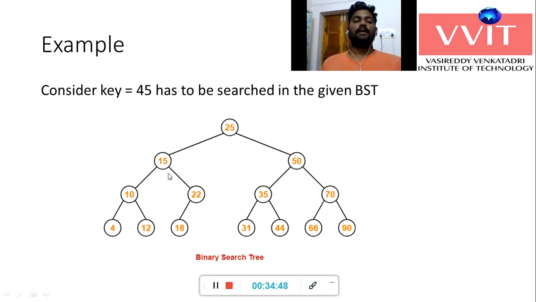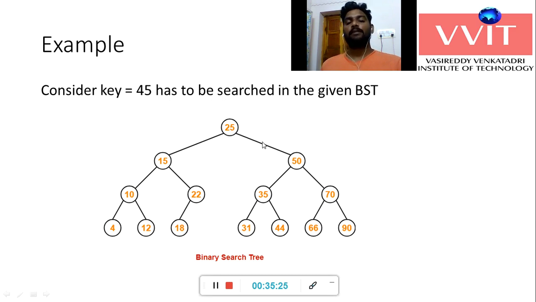For example, let us consider the given binary search tree, and we search for the key value 45. First the given 45 is read into one variable called the key variable. That given key value is compared to the root node, to check whether both are equal or not. If both are equal, we simply stop the searching operation and display the message that the node is present in the given binary search tree. In that case 45 is not equal to 25, they don't match. 45 compared to 25 is greater, so we traverse the right subtree of the root node.